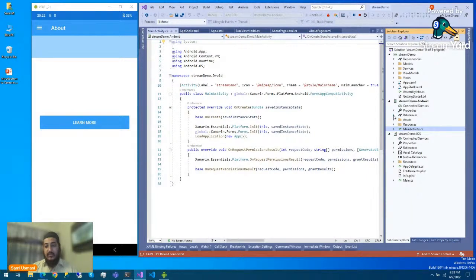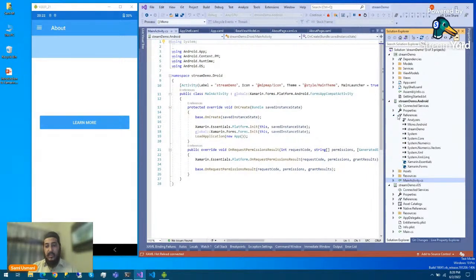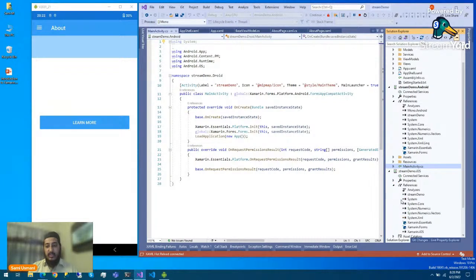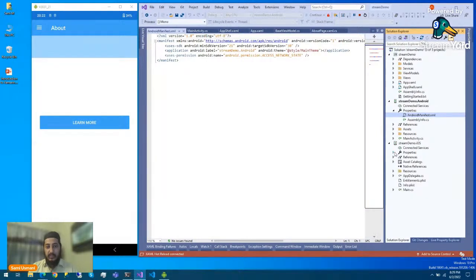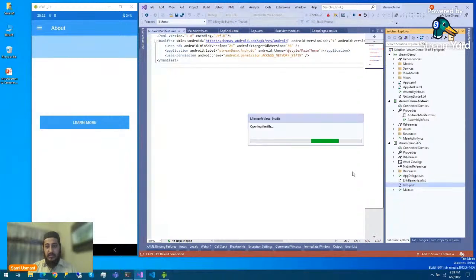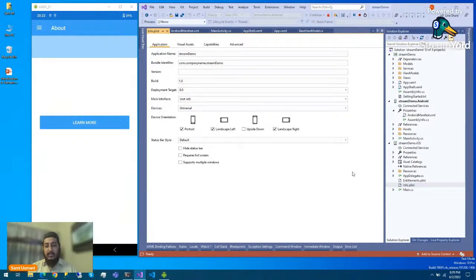On the Android side we have other libraries and other references, and in iOS we have other libraries and other references. On the Android side we have the Android manifest. Here you can change all the values, you can use permissions directly from here, you can change everything from here. And as for the iOS side, you can change everything in the Info.plist directly from here. It will take some time opening, but it surely will change everything from here.